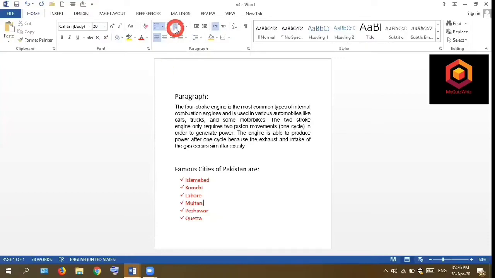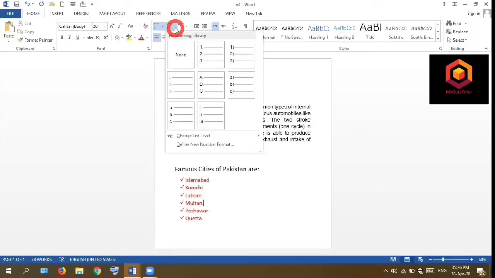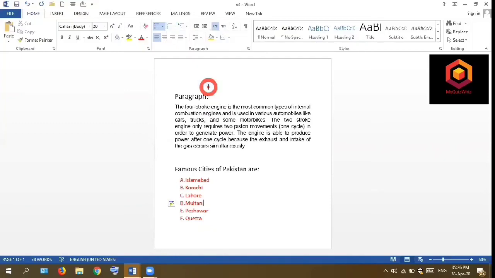When I open this drop-down list, there are different numbering options available, like 1 2 3, 1 2 3 with brackets, Roman, capital ABC, small letter ABC. You can choose any one. So I select ABC. This is numbering. This way you can select numbering and bullets.